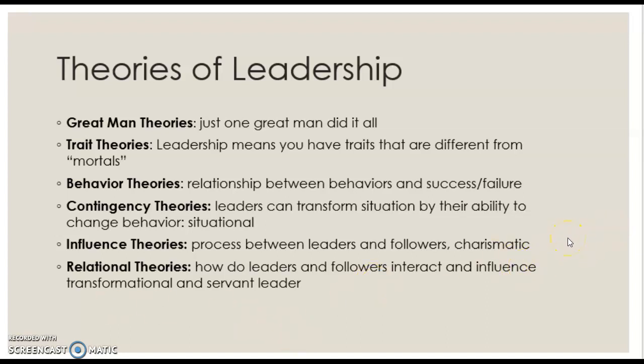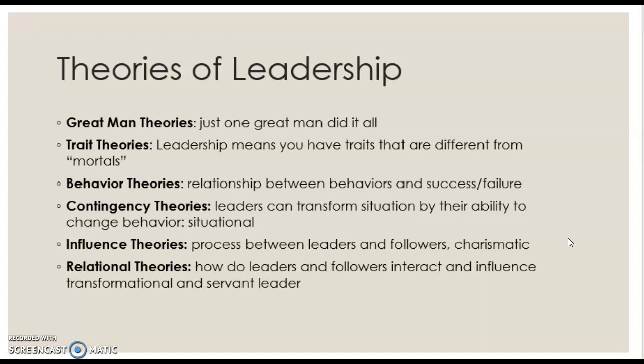Influence. There's an awful lot about charismatic leadership, and you will hear that term charismatic leader frequently. I want to remind you that charismatic is neither good nor bad, because it could easily be said that Mother Teresa and Hitler were both charismatic leaders. Their intentions were not the same, but their ability to influence the people that followed them follows a general trend.